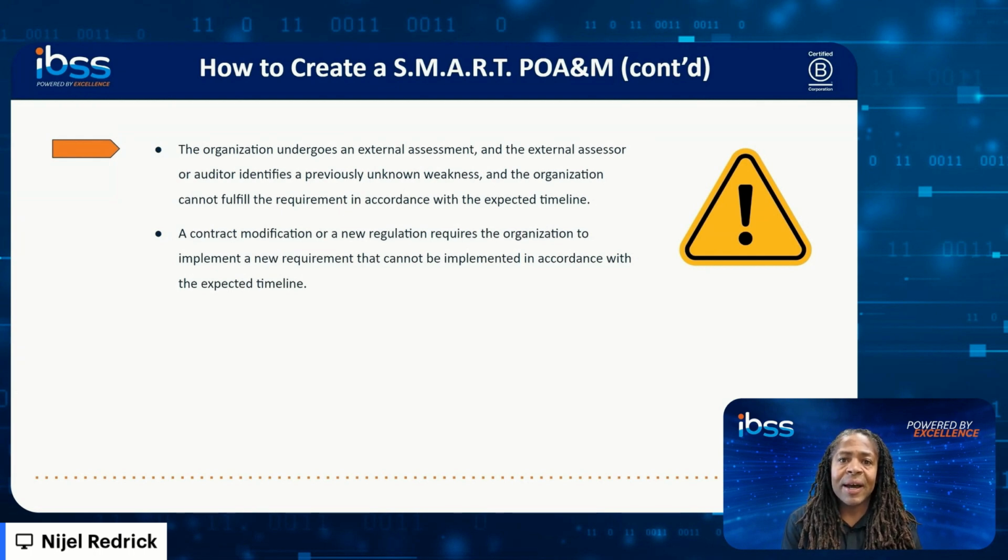And if you notice, I keep referring to the expected timeline. Sometimes a weakness can be addressed in a very timely manner. We could say in a week or two. In those instances, it might not be necessary to develop a POAM. But in the event that it's going to take, let's say, months or even next calendar year, it is necessary to create a POAM. And sometimes, as contractors know, we do get contract modifications, and that contract modification could necessitate a change in our environment,